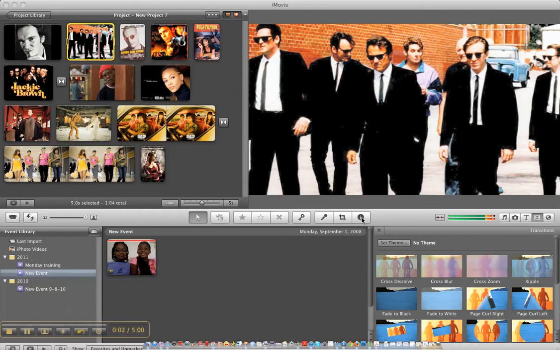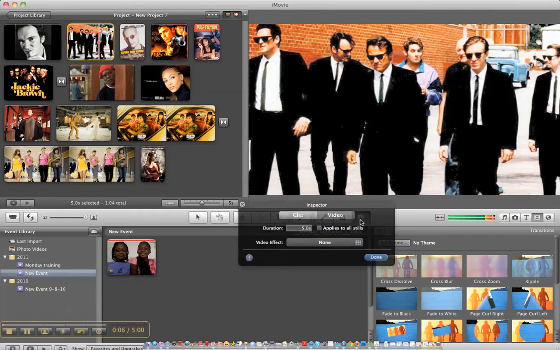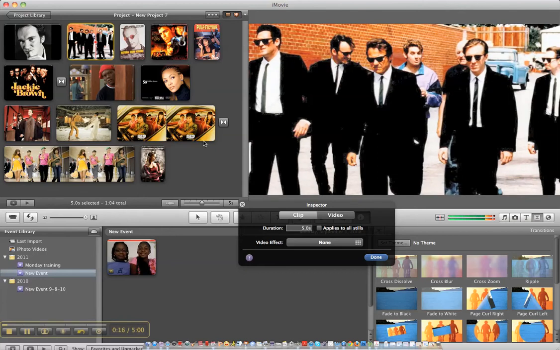Use the inspector tool, which is located in the center of the workspace, to choose video effects and change the timing of your clips. In order to use this, you'll first have to select a clip, and I have this clip selected. You know it's selected when it appears here, and you can also look in your workspace and see the yellow outline around the clip. I'll change my timing to 5.2 seconds,